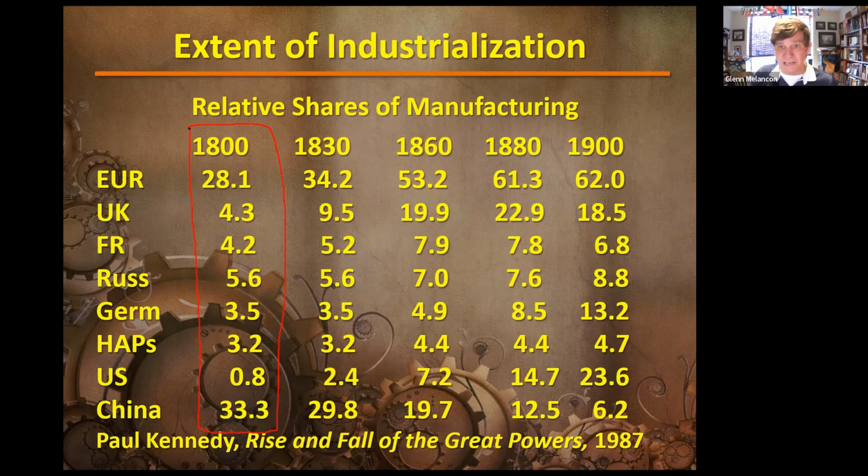China has a much larger population. It's producing manufactured goods, porcelain, silks, in the early 19th century. It's doing pretty well as a percentage of world production. UK is only down there at 4.1, but then let's compare and contrast what happens between the UK and China, right? UK goes from 4 to 9 to 19 to 22 to 18.5%. On the other hand, because China doesn't change, it pretty much just stays the same. It falls as a percentage of world manufacturing from 33 to 29 to 19 to 12 to 6.